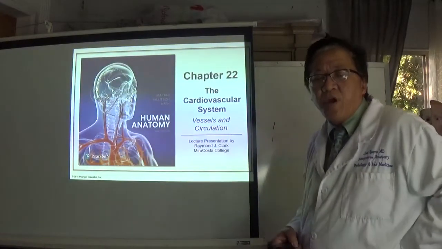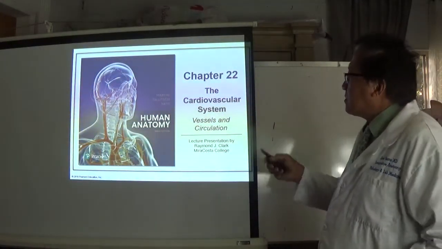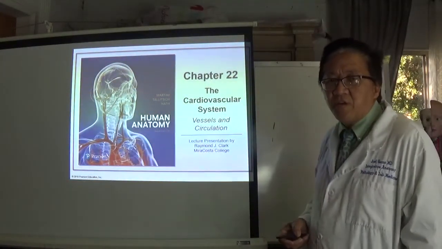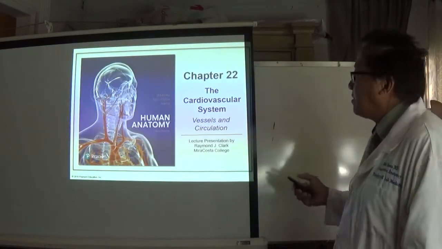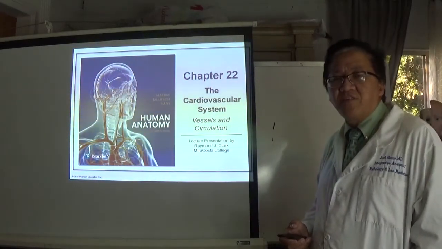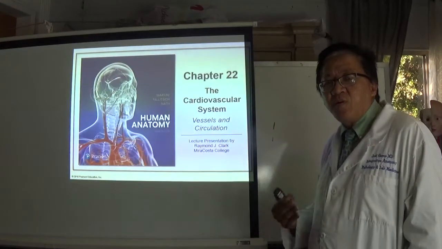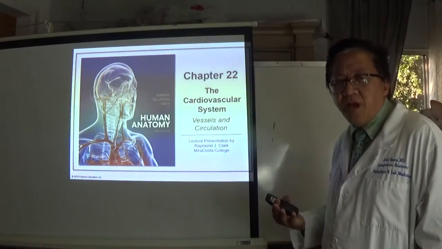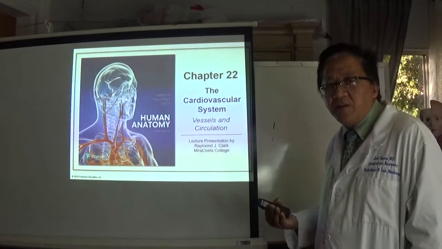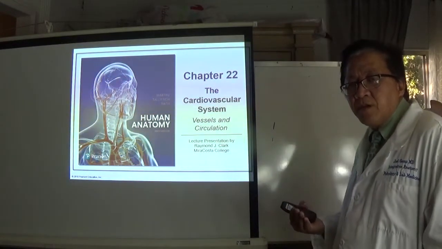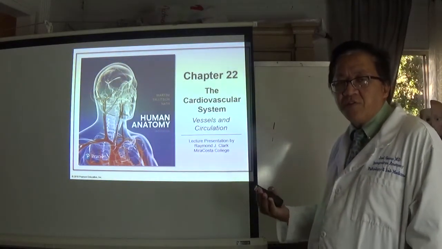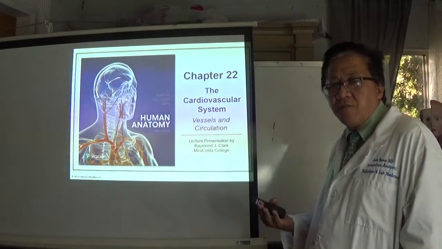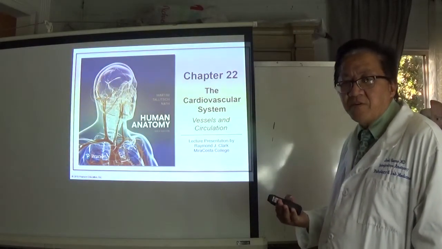Hi, today we're going to talk about the cardiovascular system, particularly the blood vessels and blood circulation. We know that blood vessels could either be arteries or they could actually be veins. Arteries carry oxygenated blood, while the veins carry what? Deoxygenated blood. In most textbooks, arteries are represented with the red color, while the veins are represented by the blue